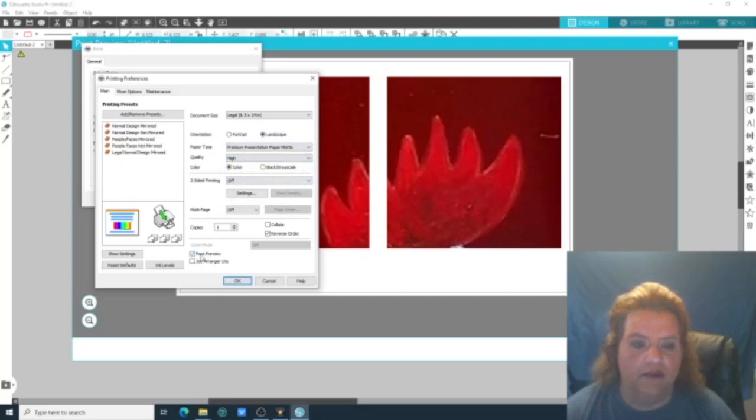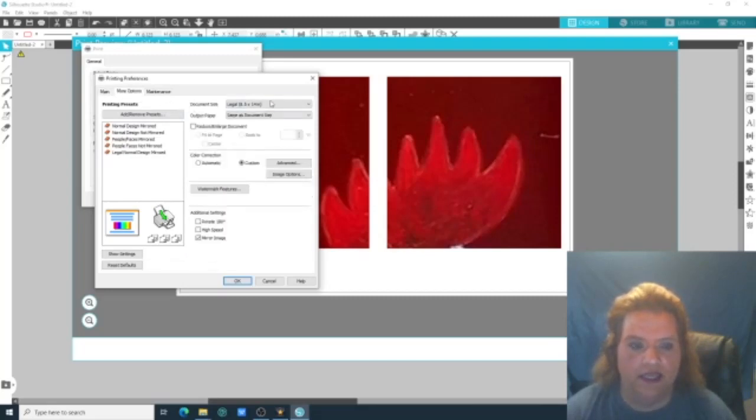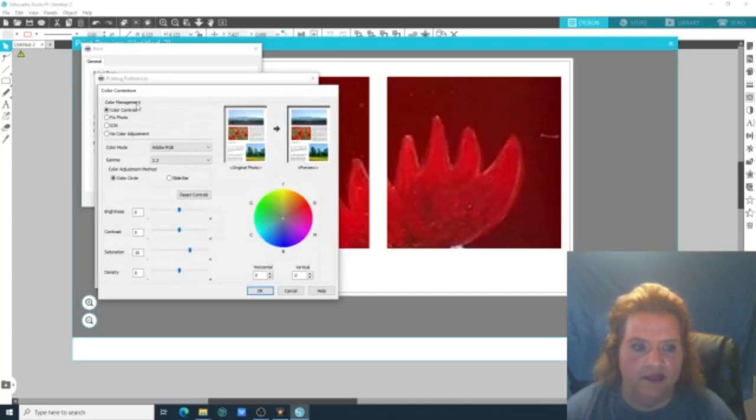A lot of people don't use Print Preview, but I do. I prefer it, so I clicked on that. Then I went to More Options, and you've got Legal. Same as document size, don't mess with that. You're going to come to Custom, Advanced, and you make sure it's on Color Controls, Adobe RGB, 2.2 Gamma, and